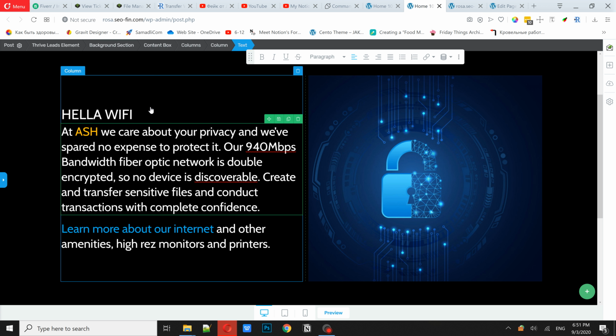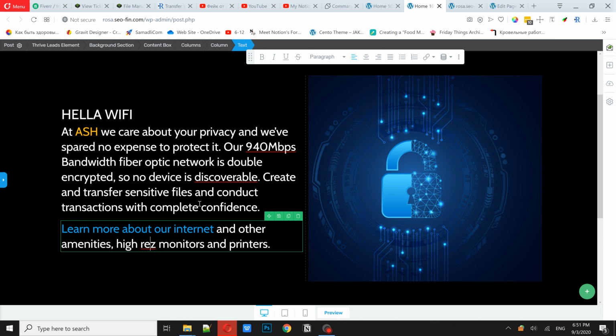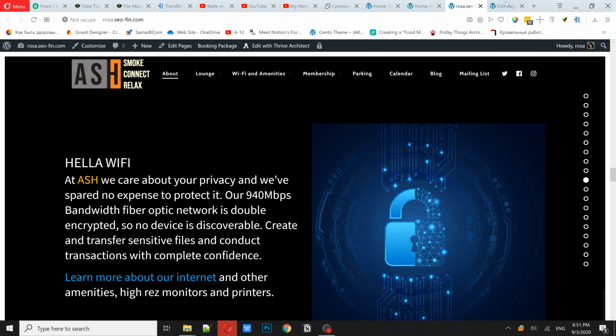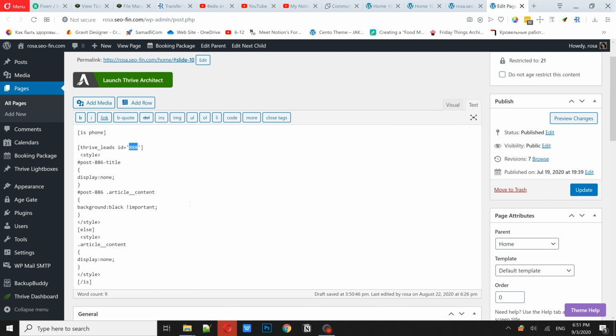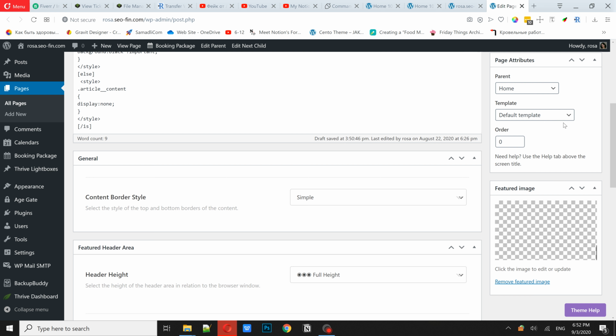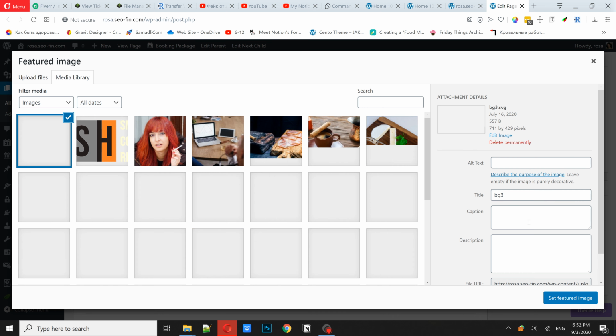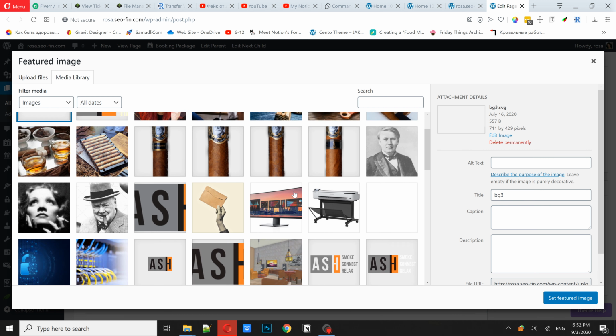And here we got our slide. So we edited, make necessary changes. And here we got the same parent and template. And another point is featured image. So if the slide doesn't have a parallax image, then you should set this